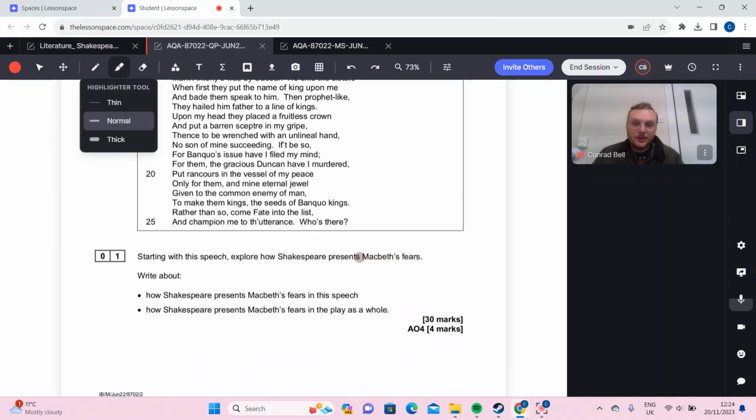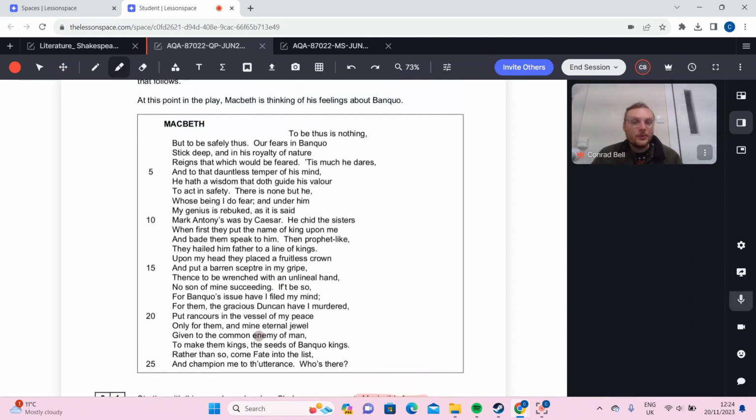I want you to focus on Macbeth's fears, how Shakespeare presents Macbeth's fears. So now we're going to be reading this text, and we're going to be thinking about fear the whole time. And then we need to be thinking about fear in the play as a whole. So what are the main things? So we know that